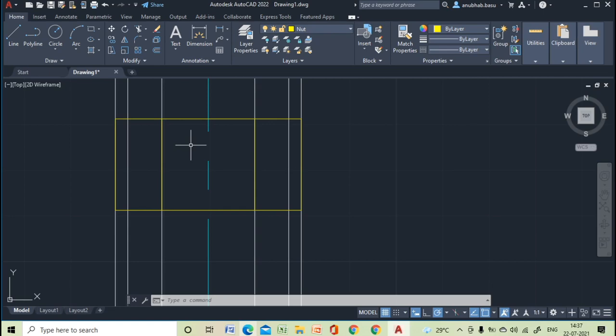That means the radius of this arc will be 34.64 mm.